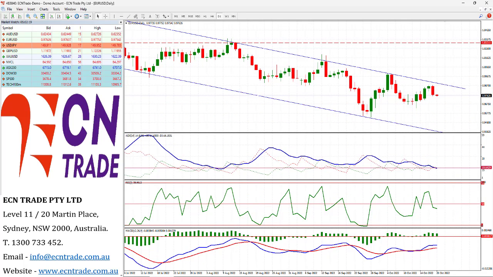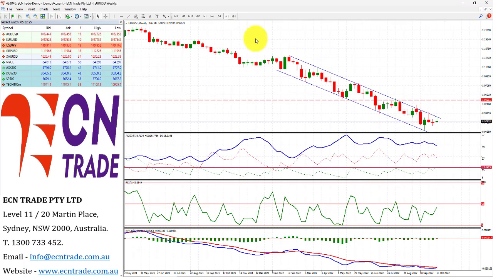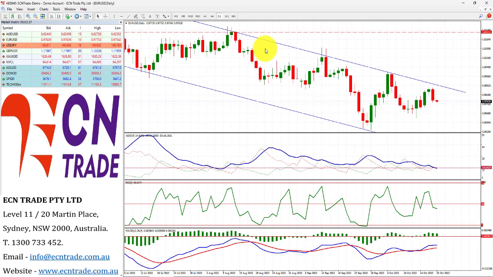The euro also backed away from this year's down channel, as you can see here from the weeklies, and it is a significant pattern, while the technicals have broken down due to the backing away from the top side around 99.35. This was partly on the back of the dollar index, which measures the greenback strength against a basket of 6 major currencies,